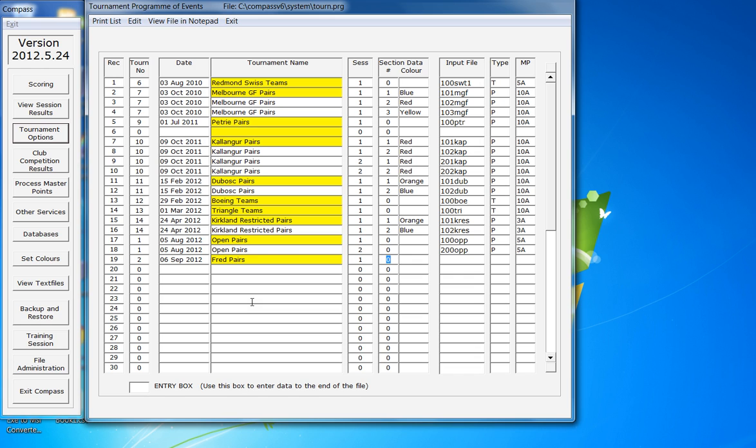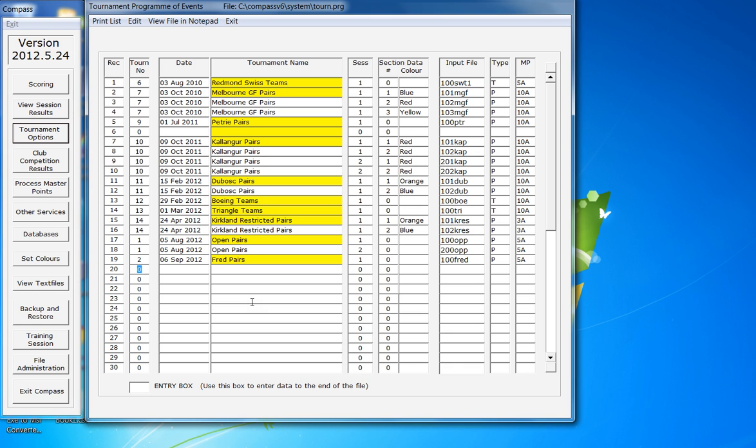This is not going to be run in sections, so we just enter and skip over that column, and we enter and skip over the colour column, and it's automatically inserted the correct 3-number prefix for this session, so 100. And now we just put some sort of ID after it, just a few letters to indicate the tournament, so call it Fred, and then type of tournament, pairs or teams. That column's not really used, just for information, and then the number of match points awarded for this tournament is called a 5A,